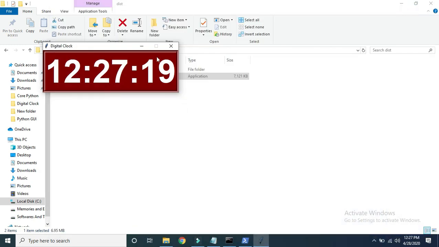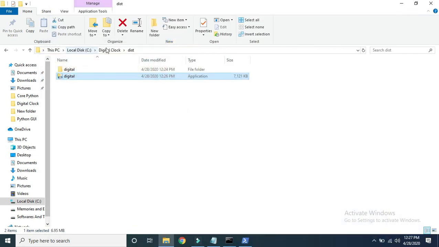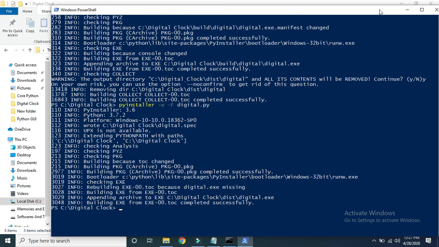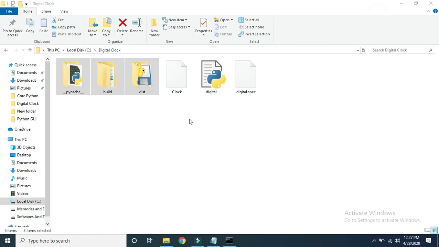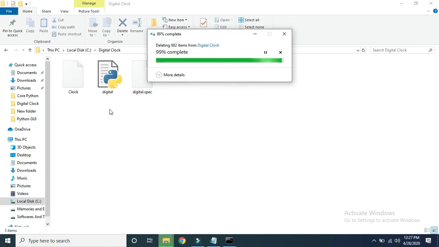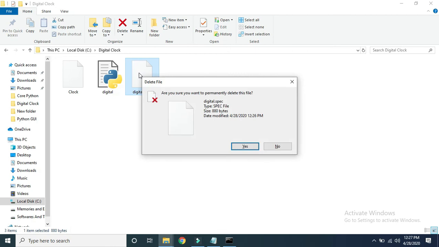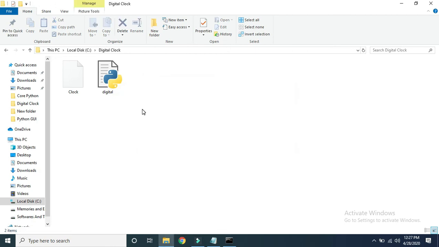Now I just want to repeat this particular process. See, I just want to enter this folder. This was our previous folder. These are the files that were created later on after execution of this command. So I want to close this PowerShell window. I just want to keep our program only, so I want to delete all this stuff that was created by that PowerShell window. This file also was created by the PowerShell window. Now the .exe is also not there.